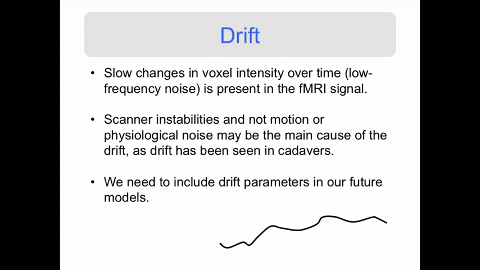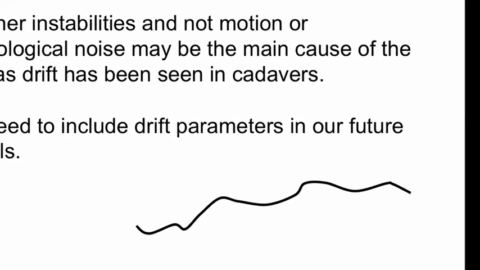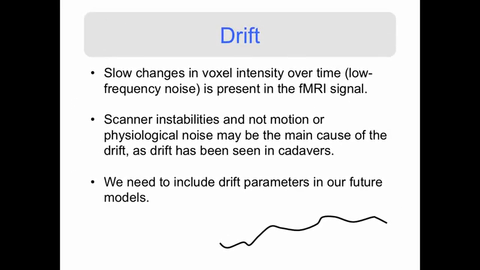So slow changes in voxel intensity over time are present in the fMRI signal. These changes are very slow, so this is what we call low-frequency noise, and you see an example here at the bottom. At first people thought this was due to subject motion or physiological noise, but then scientists put cadavers into the scanner and they still saw drifts. So now people think this is due to scanner instabilities. However, this is a very big source of noise, and we need to include drift parameters in our future